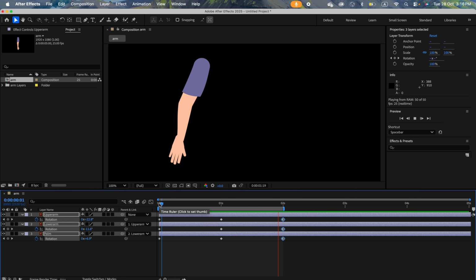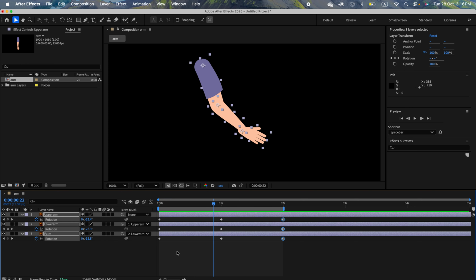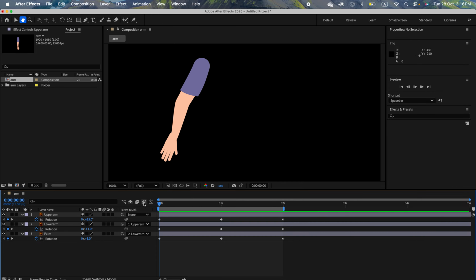Swing to left, swing to right, and swing to left. Okay, continue. So if you want to make an animation which is a loop, you have to make sure that the first keyframe and the last keyframe are the same. But the motion is not good yet, because looking at the motion here,